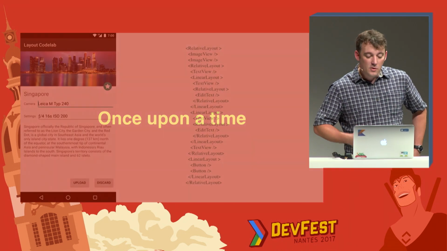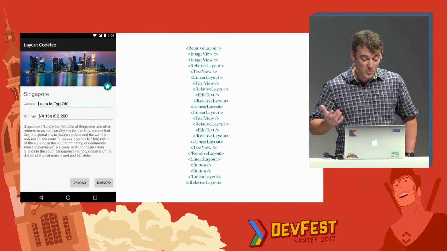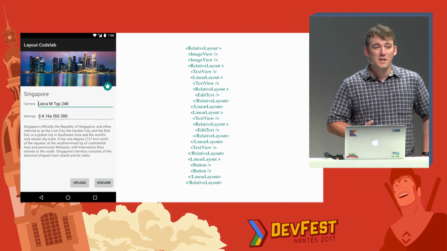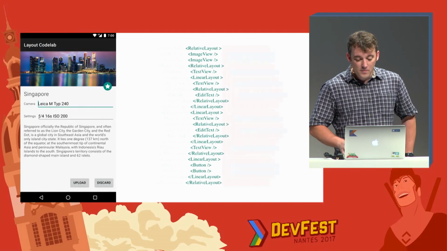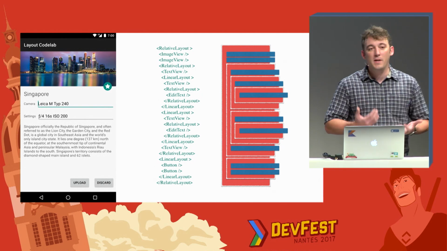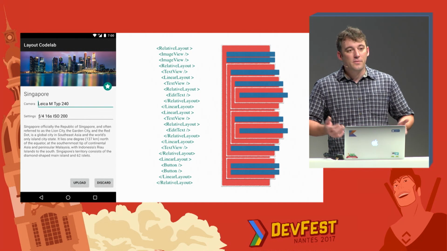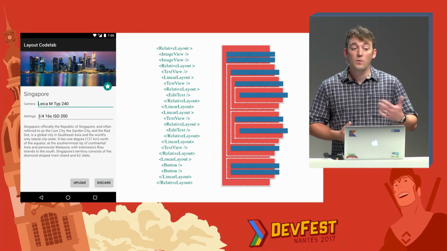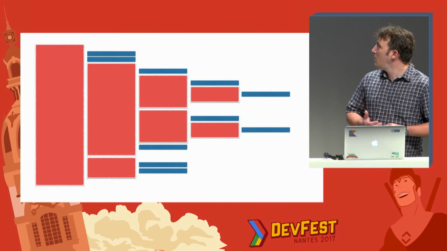So, typical Android layouts. And I'm sure you look at that, it's like, wow, a bunch of nested relative layouts, is that really typical? Believe me, it is. I've seen way worse. And it's not that crazy if you look at the way it's cut. But if you look at layouts versus the widgets, the stuff that are displayed on screen, you see that the layouts are in red. There's a lot of stuff just to decide where those widgets are going to be. If we flatten that, that's kind of what you see.